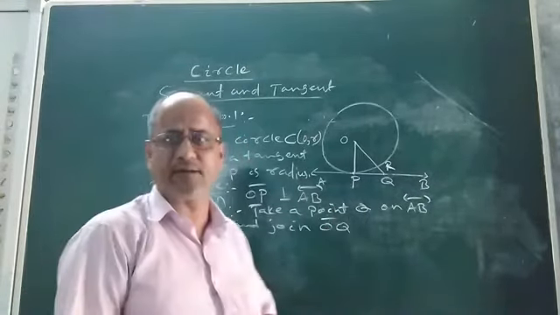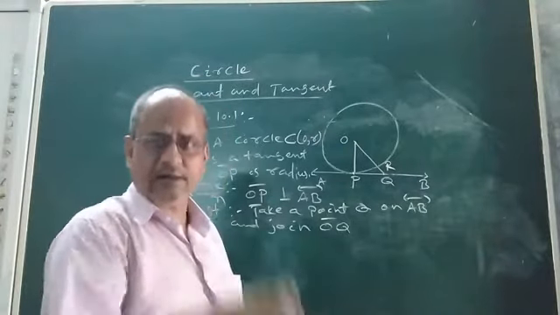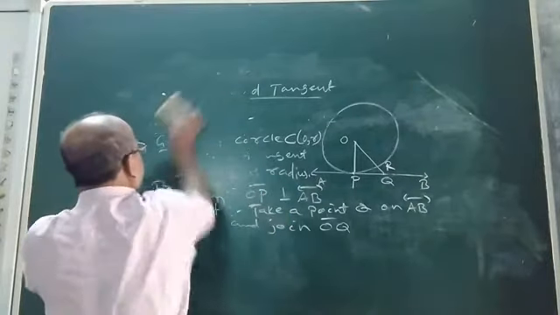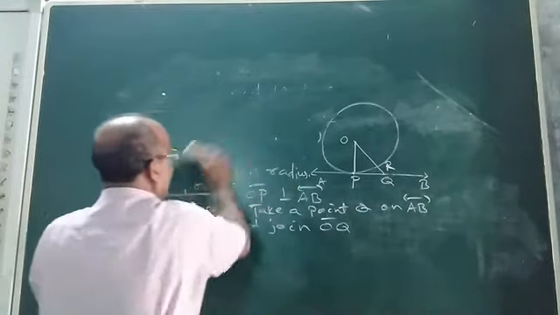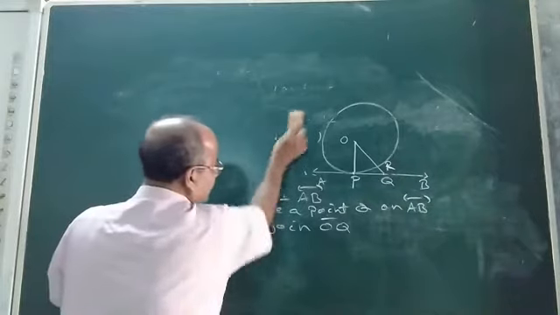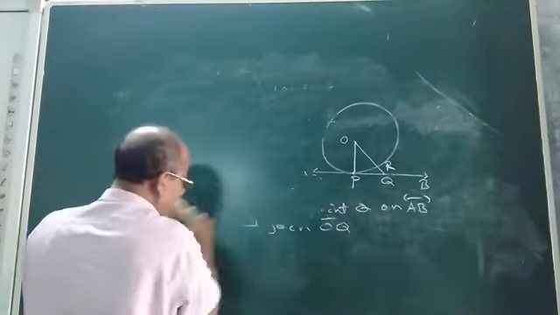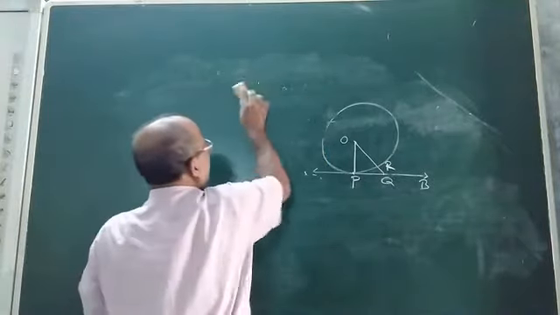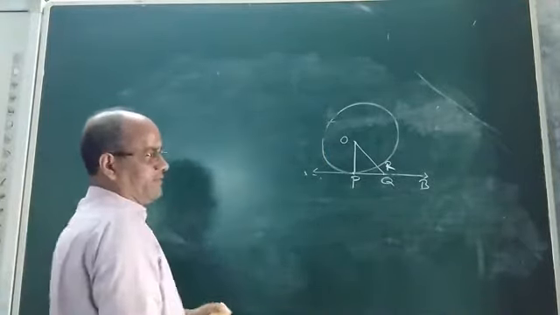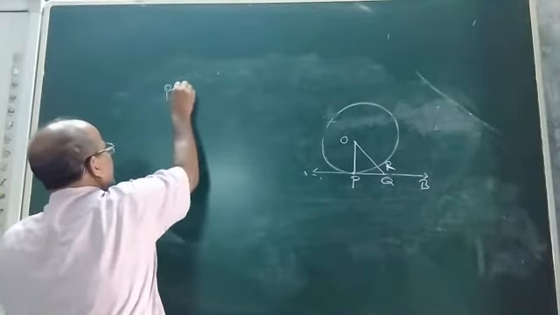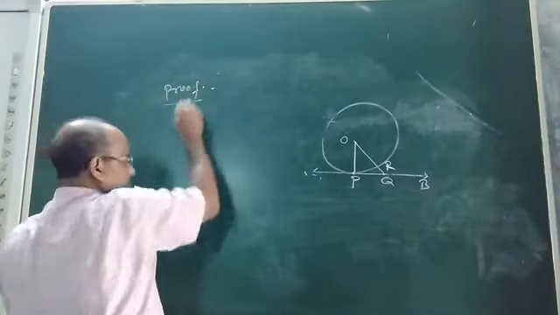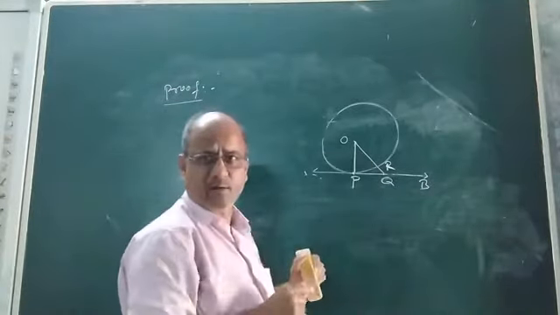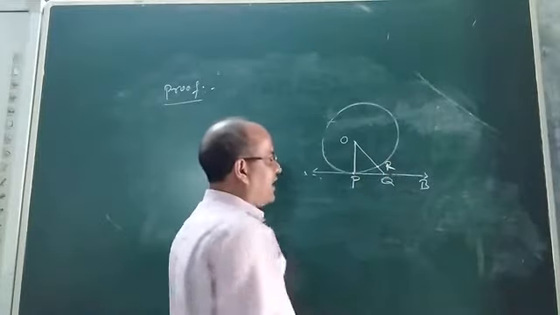In order to prove this geometrical truth, now let us come to the proof part or the analysis part. So how to prove now that radius and tangent are perpendicular to each other? In a circle, if a tangent is drawn through the point of contact, it will be perpendicular to the radius. How to prove? Let us see. Very simple is the proof. Let us discuss the proof. Look at the figure, children. OP is one radius. Now look at the point R.